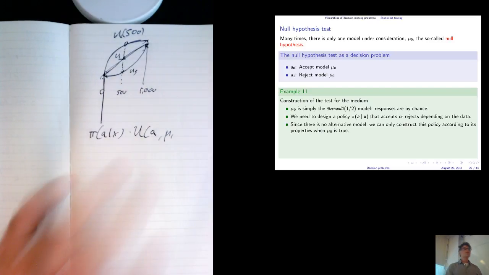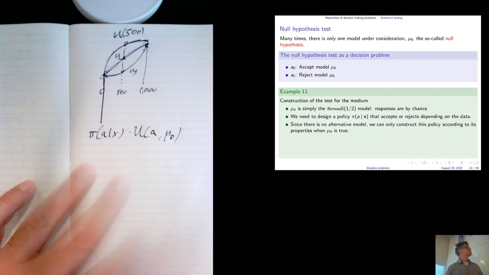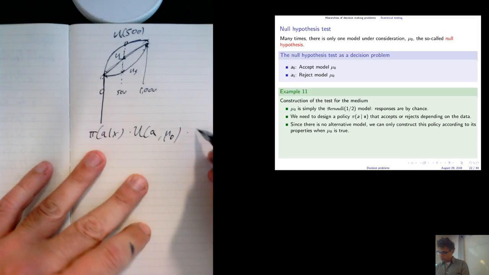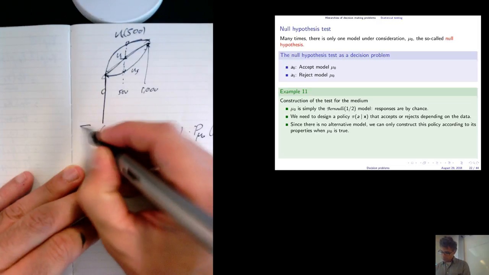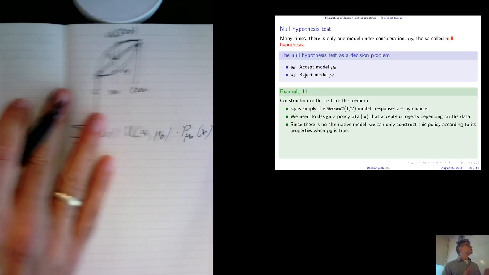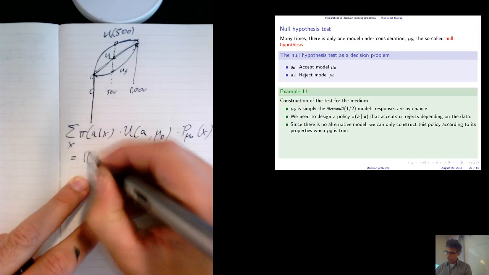So let's say for the case where the model is correct, there is this performance metric. And we can also have a probability of observing data x. Okay, so before we see any data, we design our policy so that when we see the data, we have a good performance for our policy. And this is basically the expected performance of our policy